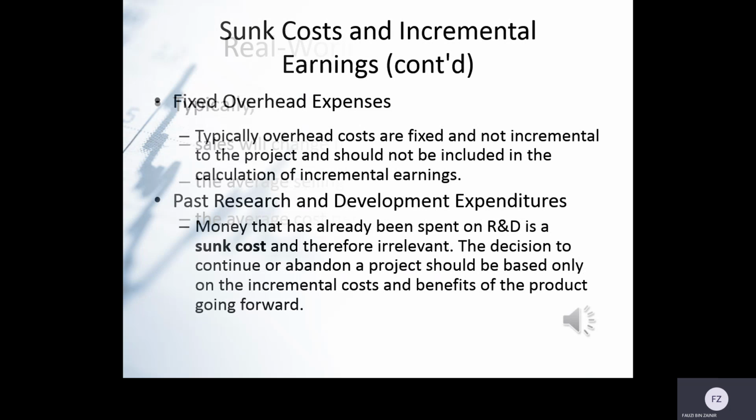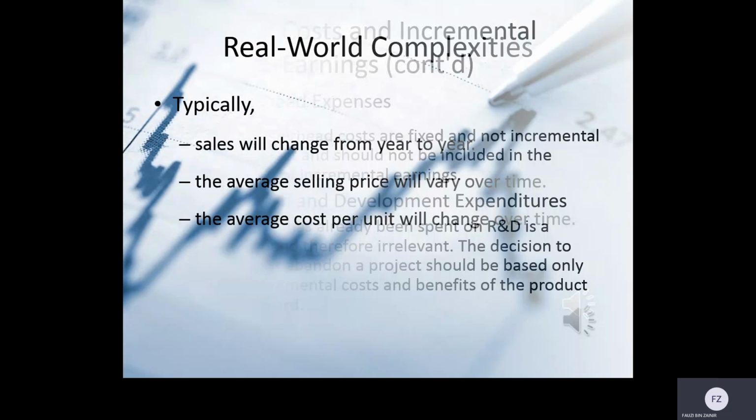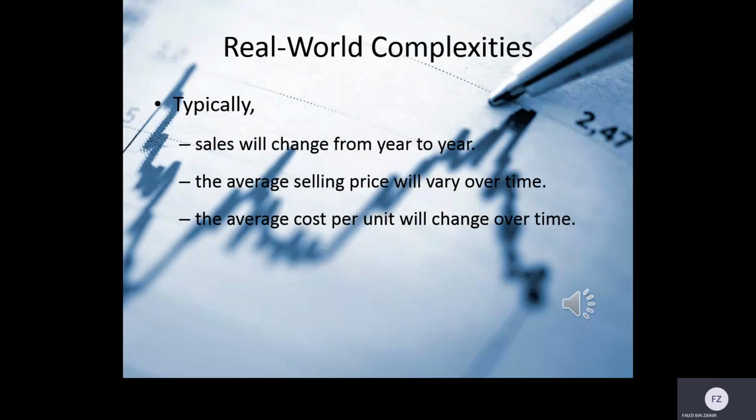Before that, the HomeNet example is focused on simplifying. But in a real project, the estimates of these revenues and costs are likely to be much more complicated. For example, the assumption that the same number of HomeNets will be sold each year is probably not realistic. A new project typically has lower sales initially as customers gradually become aware of the product. Sales will then accelerate, peak, and then ultimately decline as the product nears obsolescence or faces increased